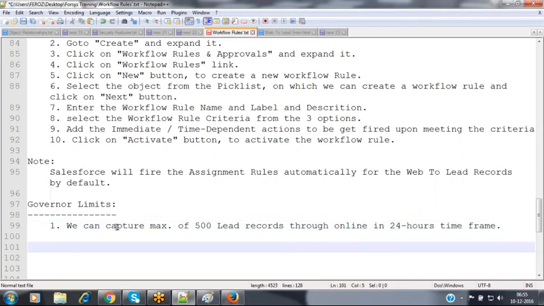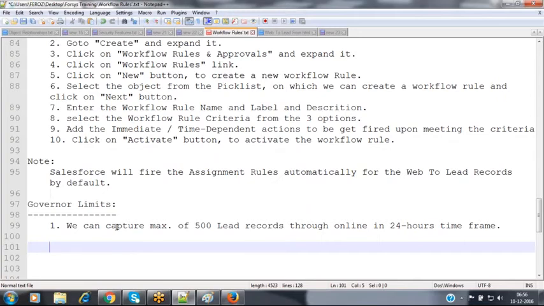Nothing but per day we can capture a maximum of 500 lead records through online. As soon as the first 500 people submit their details using my organization website, those records will be stored inside my lead table automatically by default as new lead records.